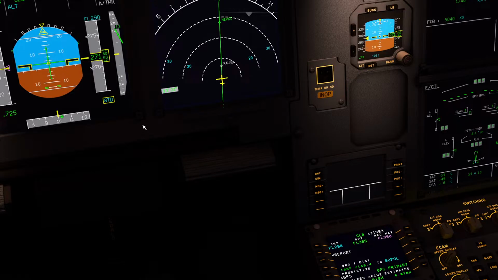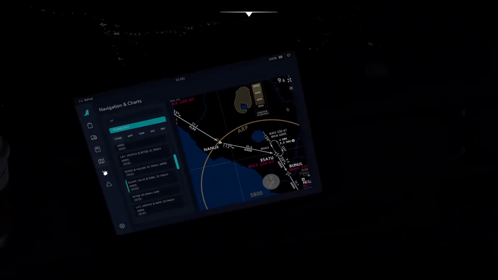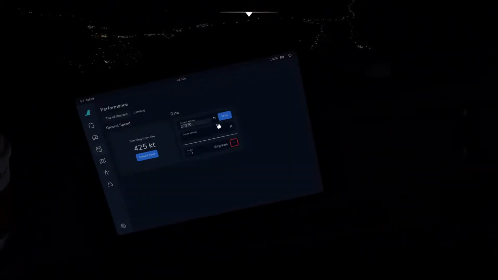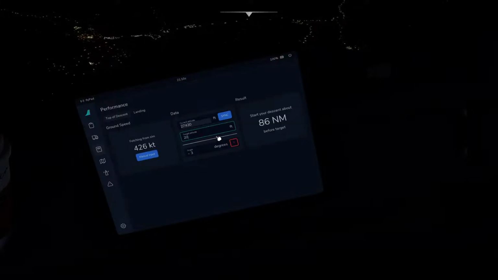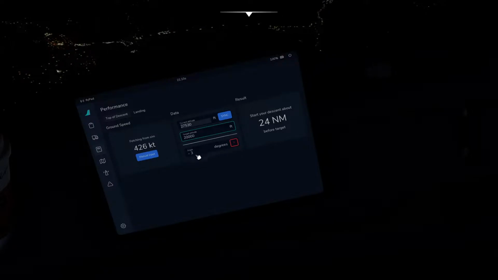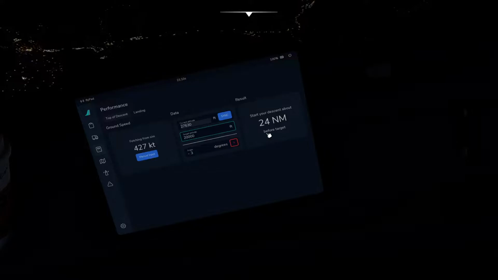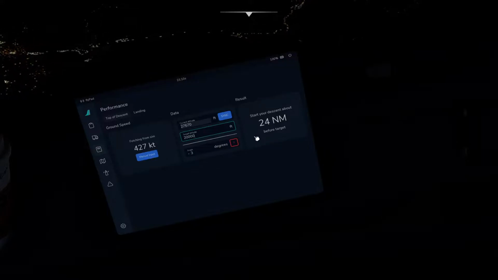So my top of descent will be something around 87 nautical miles. I think maybe it's 90. And then what I will do is I will calculate my top of descent. I take a 3-degree angle, and yeah, of course,